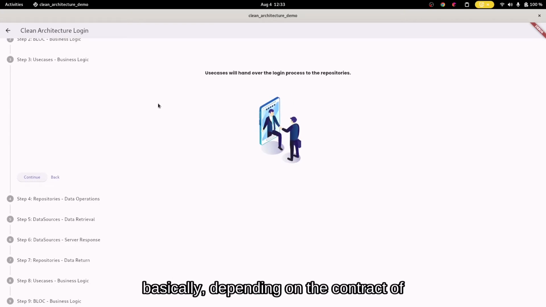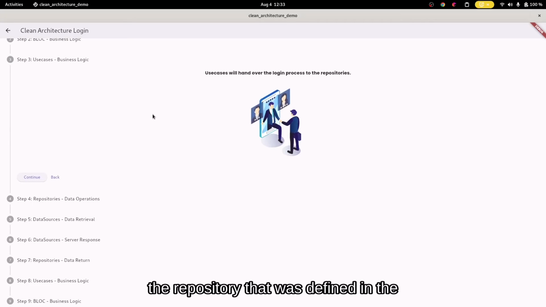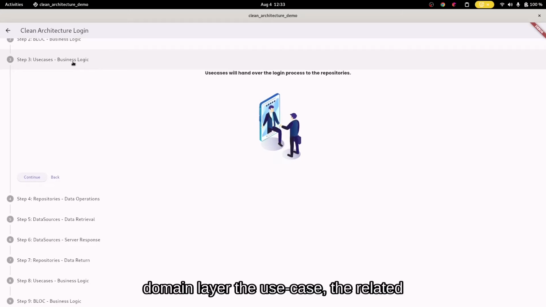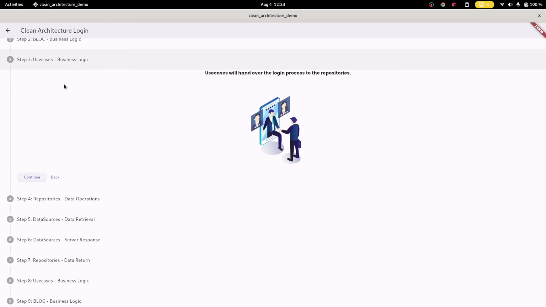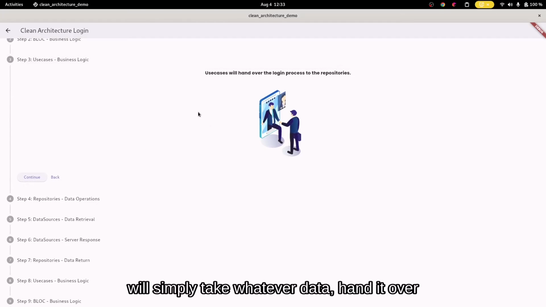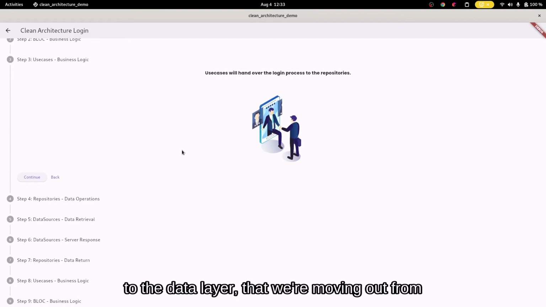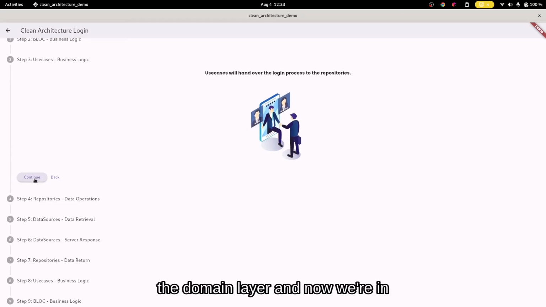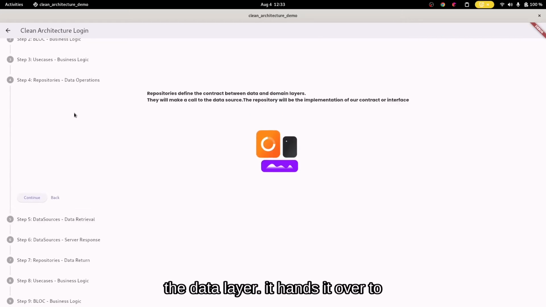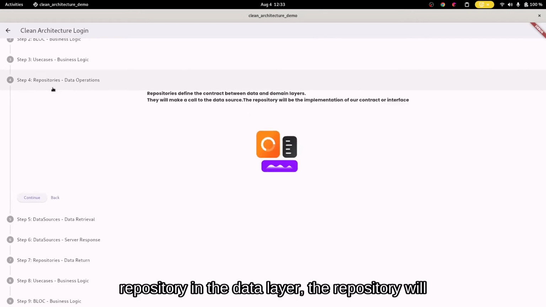So depending on the contract of the repository that we've defined in the domain layer, the related use case, in this case the login use case, will simply take whatever data and hand it over to the data layer. Now we're moving out from the domain layer and now we're in the data layer, right? It hands it over to the repository in the data layer. The repository will simply